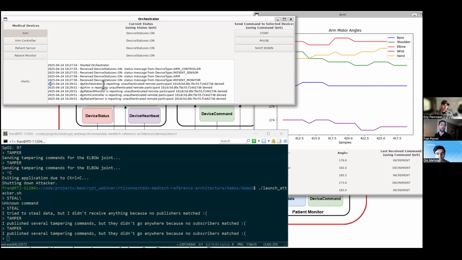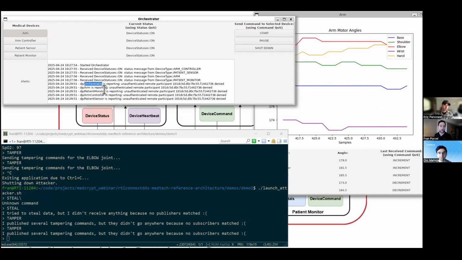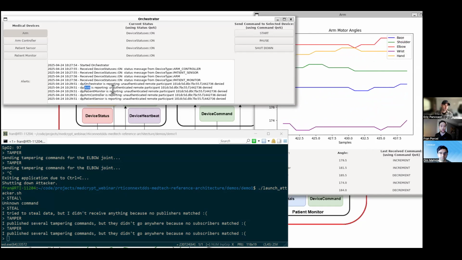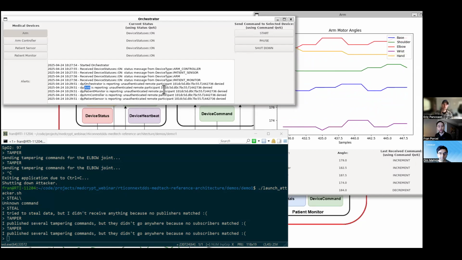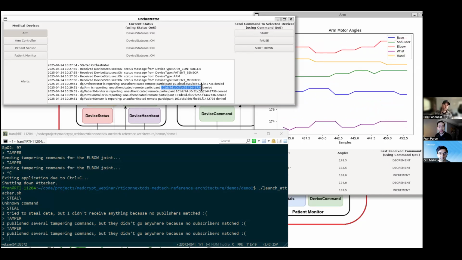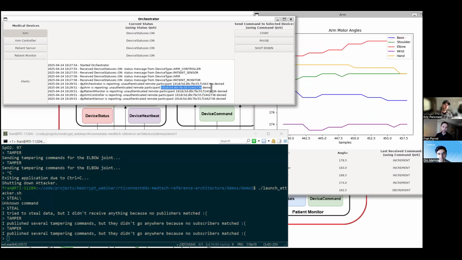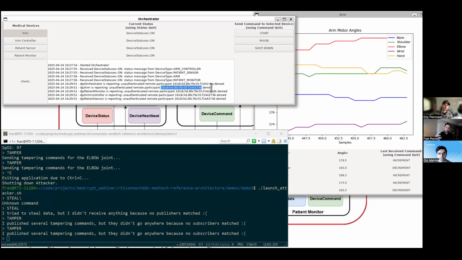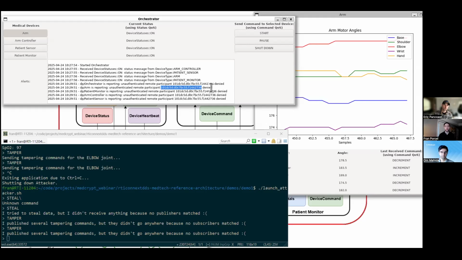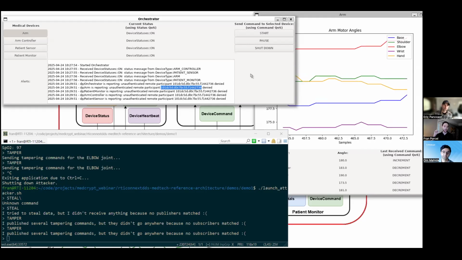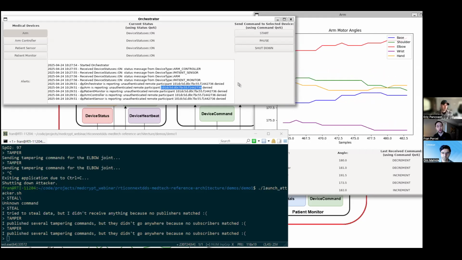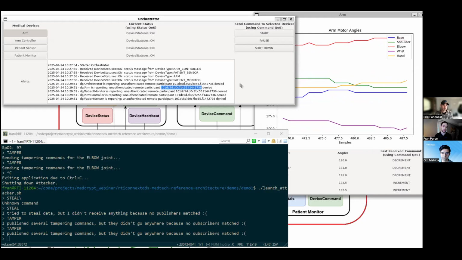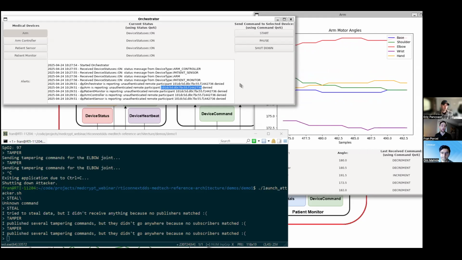And that security topic actually says this domain participant, the orchestrator or the ARM, is reporting that an authenticated remote participant with this global unique identifier has been denied. So this is access control in action, because the attacker couldn't be authenticated by the rest of the applications. They're basically sending you a message saying, we have denied entry to the system to this domain participant, just in case anybody's interested. And this could be important in the future for the records of a potential